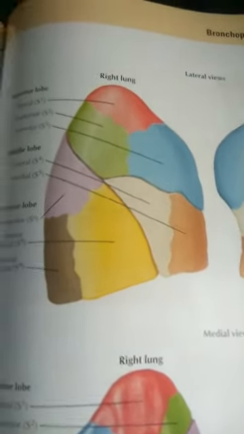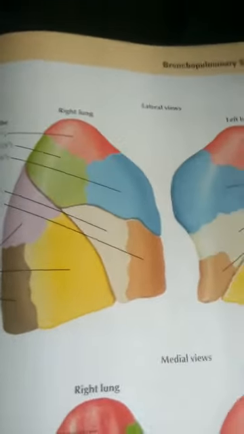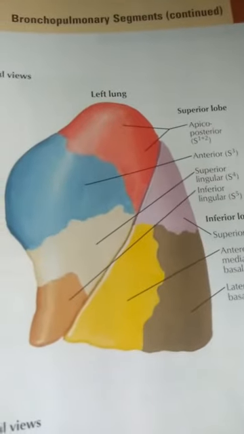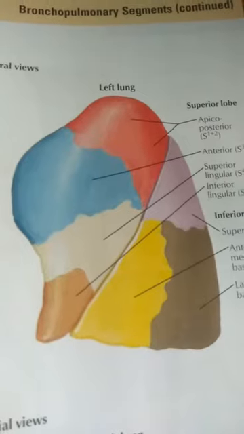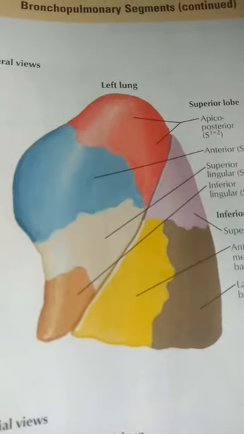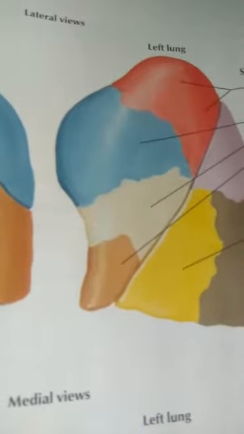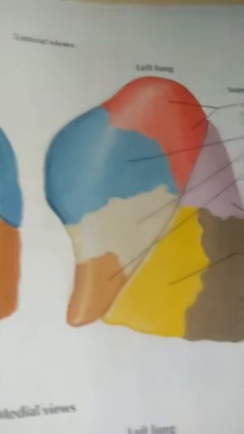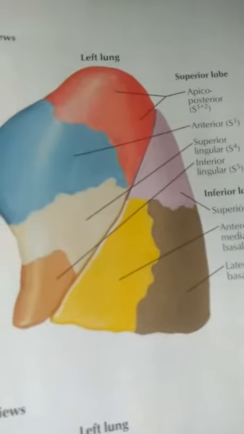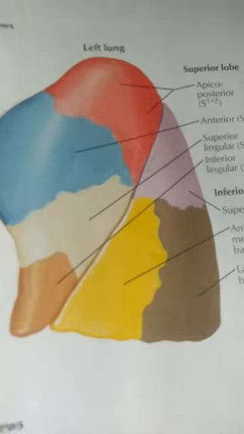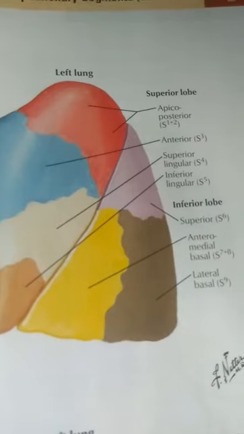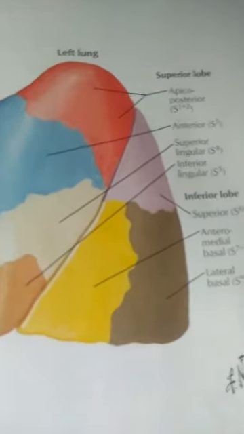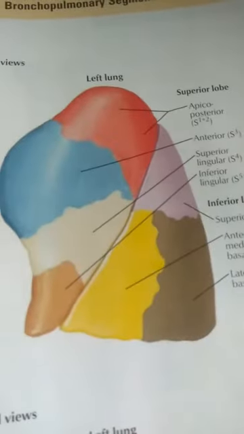So in total, in the right lung we have 10 segments, and coming to the left lung, in the upper lobe we have our apical and also anterior, posterior, same like our right lung. And superior and inferior correspond to the middle lobe of the right lung, nothing but superior lingular and inferior lingular. This is the only difference in our middle lobe, and the lower lobe also has the apical part and anterior basal, posterior basal, lateral basal, medial basal. So right, same like a right lung, but the only difference in the left lung is the lingular